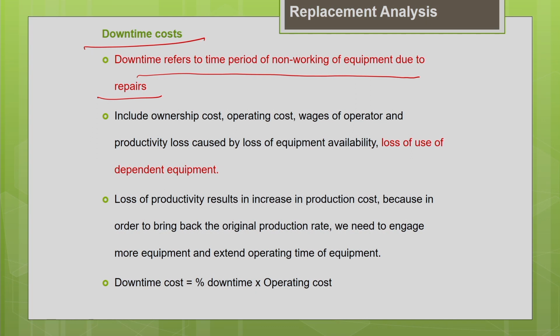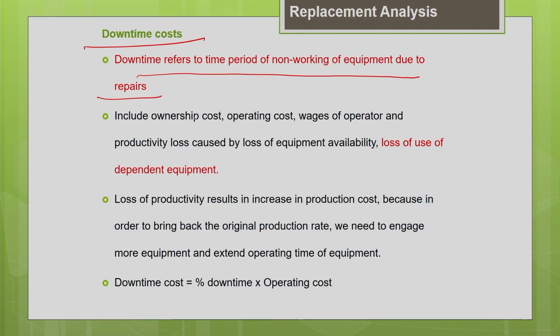So when the machine is sent to the repair yard, when it is not available, we are also incurring the cost. This is what I told you in the initial part of the lecture also, that even when the equipment is idle, we are incurring some cost associated with the machine. We always have to bear this ownership cost, whether the equipment is operated or idle. Irrespective of whether it is operated or idle, we are going to bear some fixed ownership cost associated with the machine. So that has to be taken into account.